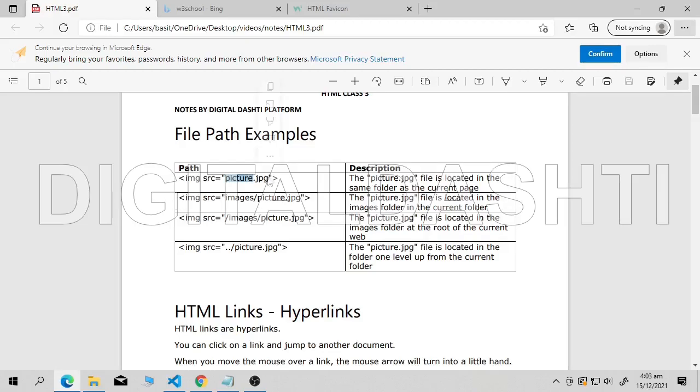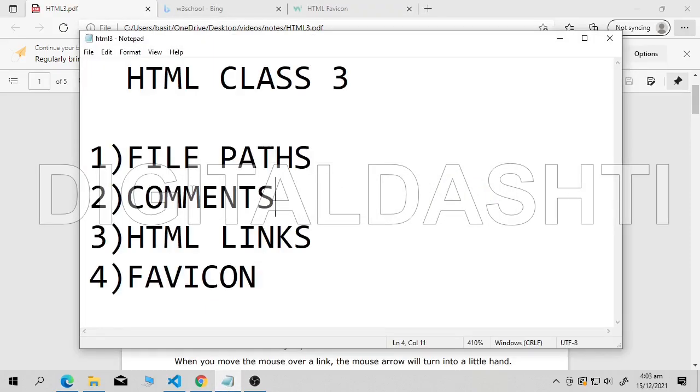We are using it for an image, but you can also use it for video and for audio. You can fetch your videos to show in your browser, in your website. You can use audio as well. This is only an example for an image. You can use it for multiple things, it doesn't matter. Now what is the second thing?